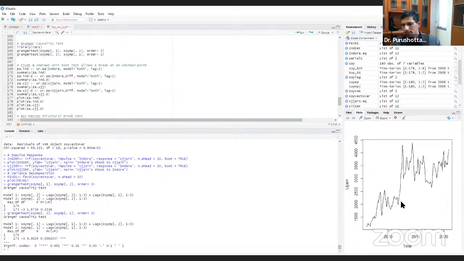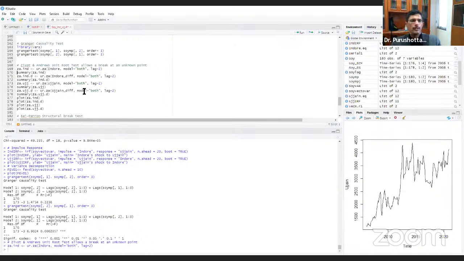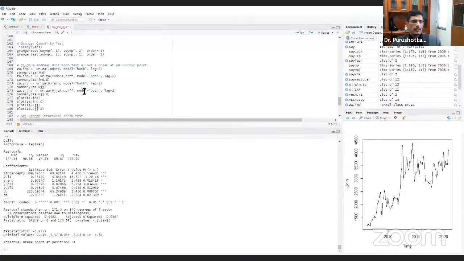So visually, this series shows that there is a break or a structural change in the series. So we can test for structural change also for Indore, and this shows that there is a potential break point at level 74. At level 74, you can define in the